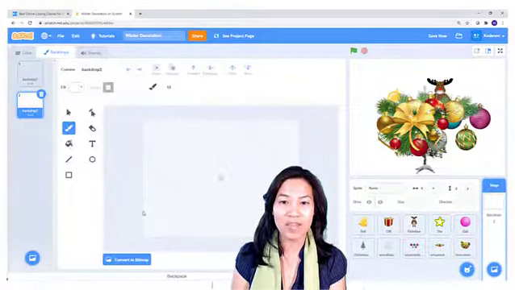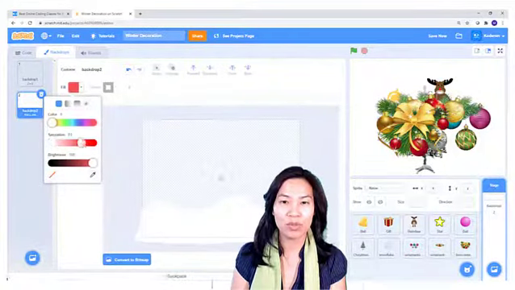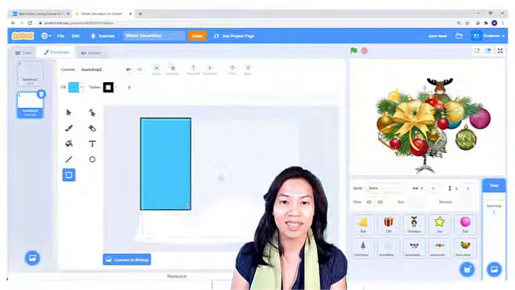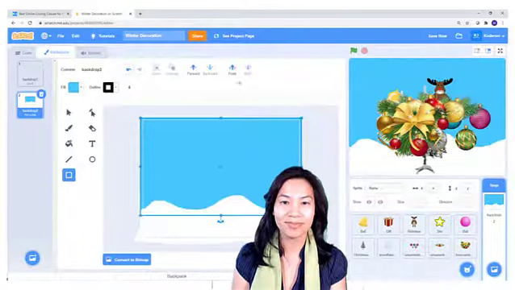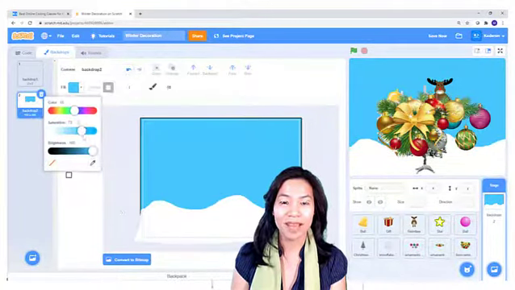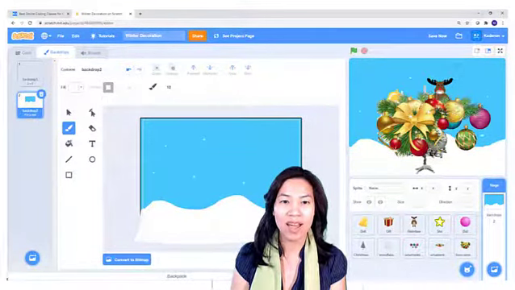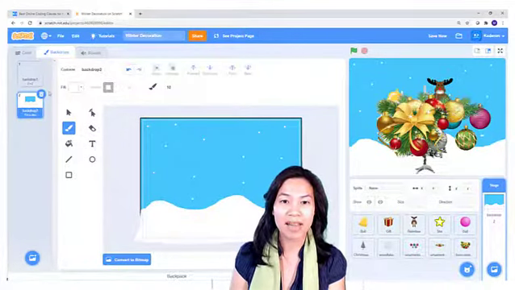Let's start creating the backdrop. I'm going to create some snow, and then I want a nice blue sky. I'm going to go ahead and make some snow, and then I'm going to duplicate the backdrop because I'm going